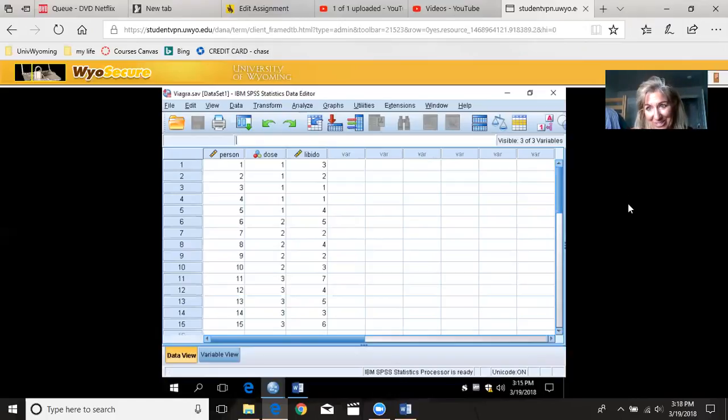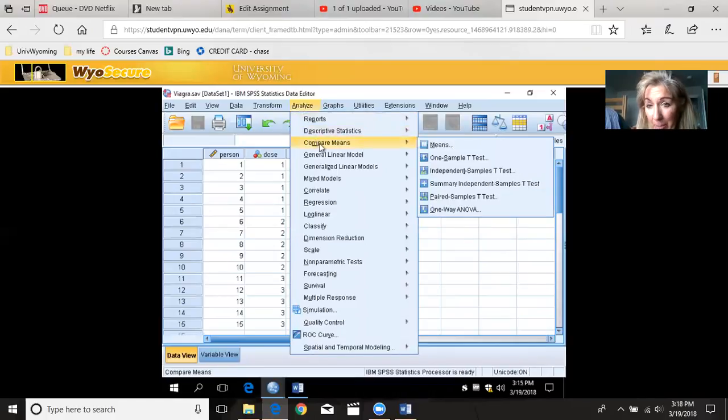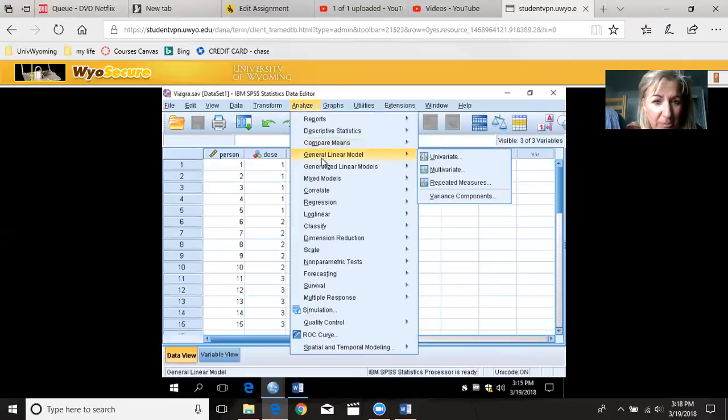What I'd like you to do today, though, is just very simply conduct an ANOVA. And you'll come into this Analyze menu right here. I wanted to talk you through this. Here in Compare Means, there is a one-way ANOVA option. But there's another place in SPSS that I think is even better, and this is where I'd like you to come to. Instead of conducting ANOVA under the Compare Means, come down one more to the General Linear